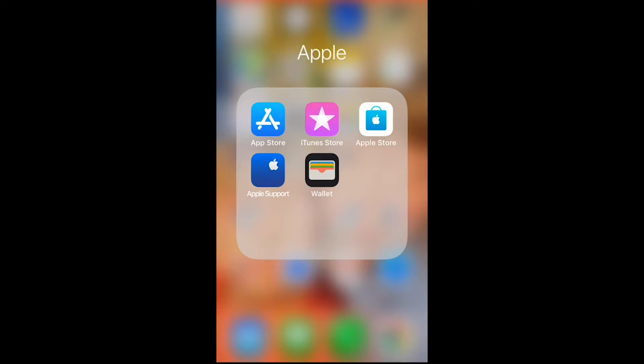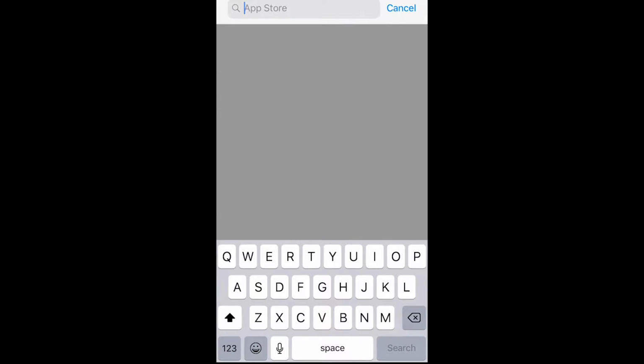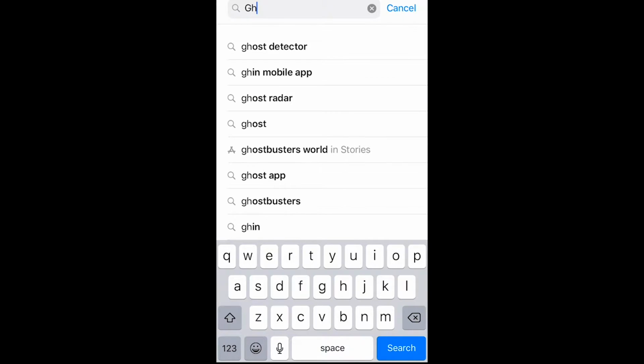So the first thing you're going to do is go to the App Store or the equivalent on an Android phone where you get all of your applications. You're going to go down to the search bar and type in the letters GHIN, also pronounced as GHIN, which is an abbreviation for Golf Handicap Index, and you're going to want the GHIN mobile